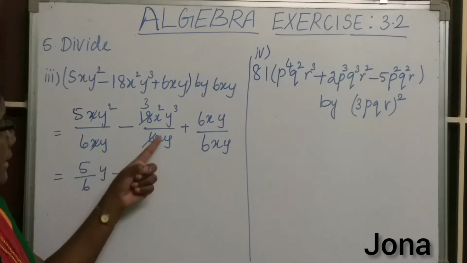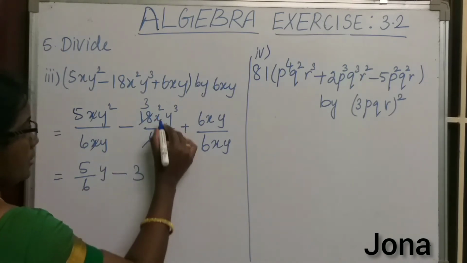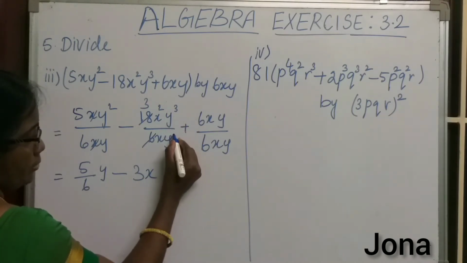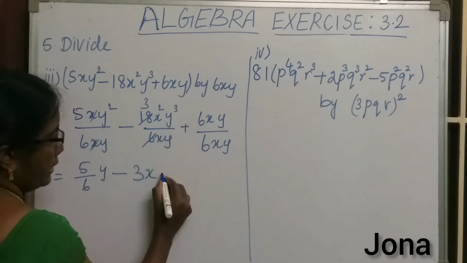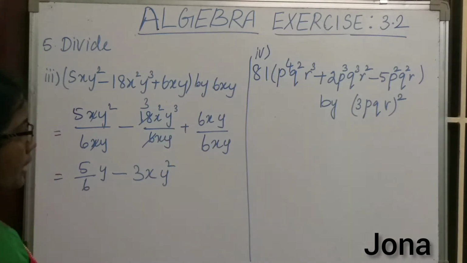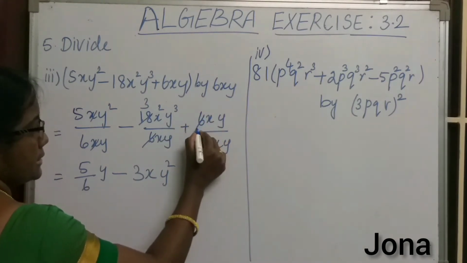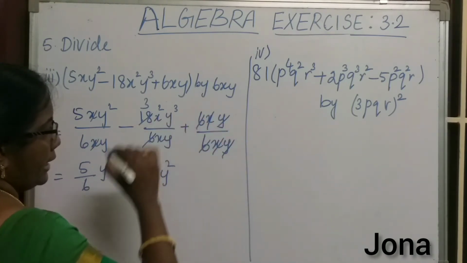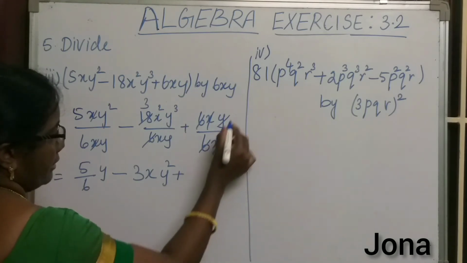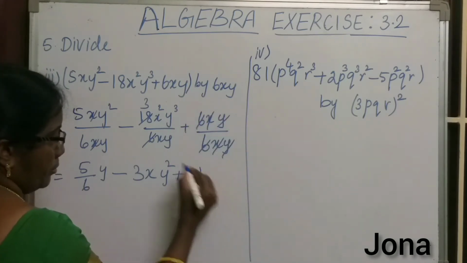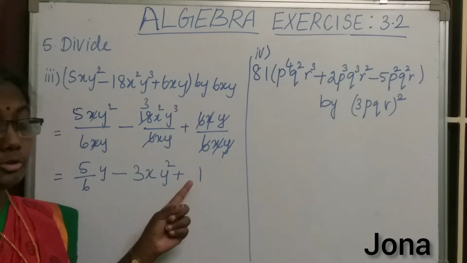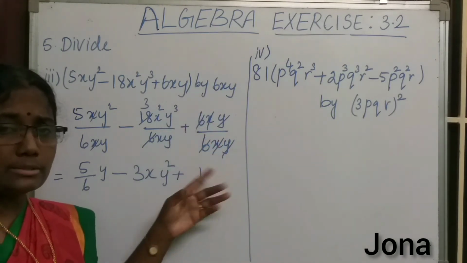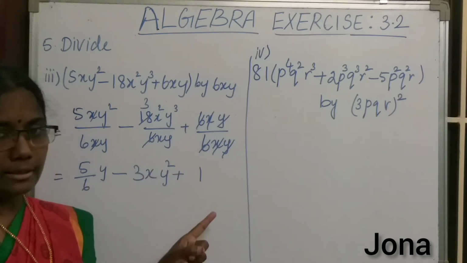And then x square and x here. So 2 minus 1 is 1. Y cube, here this is y power 1. 3 minus 1 is 2. And then here we can cancel 6 and 6. Likewise x and x. Likewise y and y. So we have everything cancelled. So we have to keep 1. No, you should not put 0 here, because we are cancelling that. 1 by 1 is 1 only. So keep 1 here. Okay.